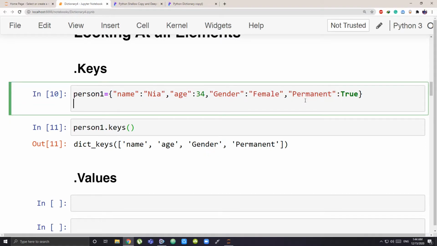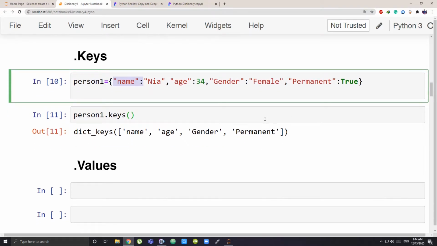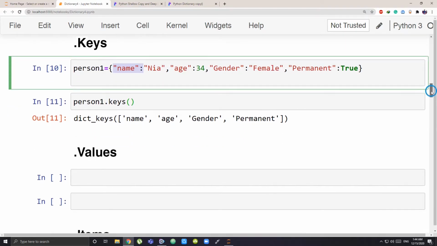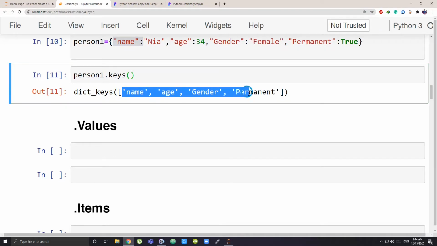One more thing I wanted to tell you is you can think of these keys as the name of a variable. That's not exactly what it means, but you can think of it that way. Neha is obviously a name, and I am storing this inside person 1. There are so many things stored inside person 1, so it can be thought of as Neha being stored in the variable name, like how you store x is equal to a. You can just think of it like that, to make things simple for you. That was looking at all the keys, and this method gave me the list of all the keys.